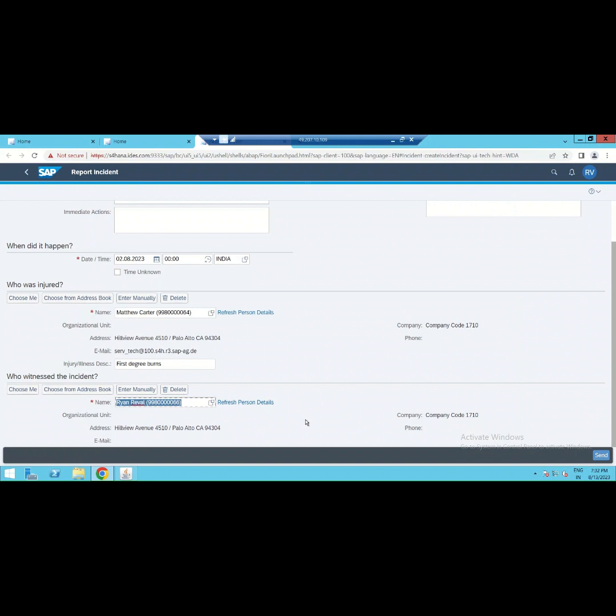Okay. Now this is being entered into the system by the person who has witnessed, or you can say who is going to report this incident to the authorities. Okay, it could be their internal management or maybe someone else. So now once he clicks on send, what happens is,